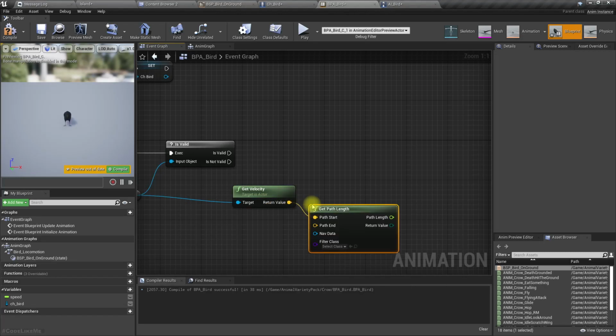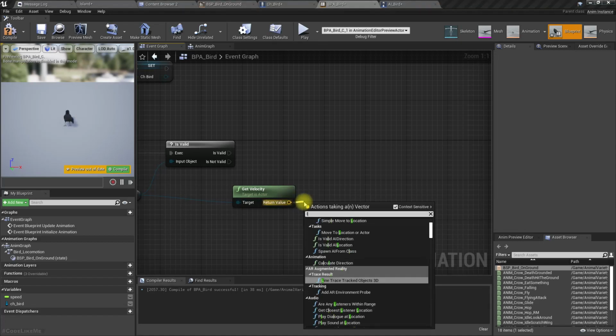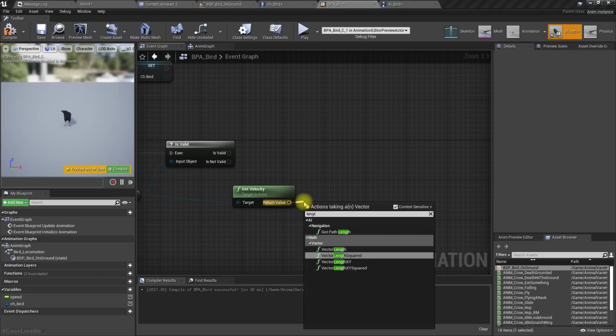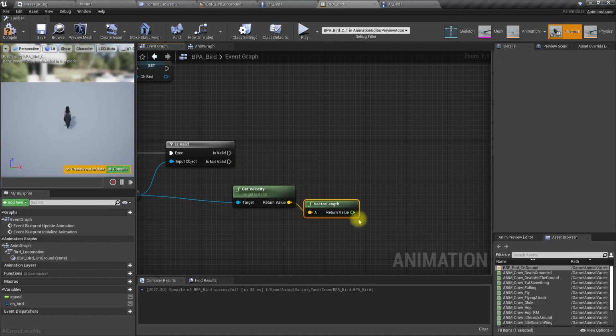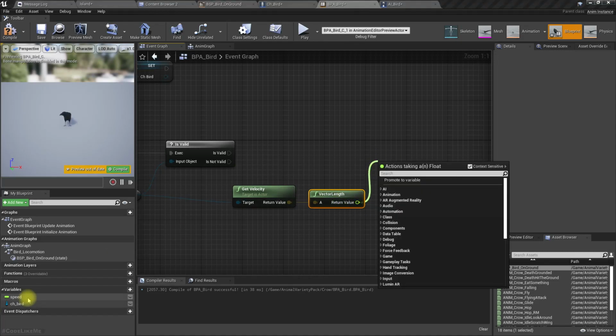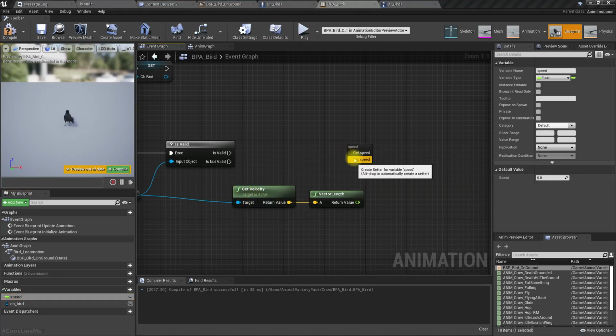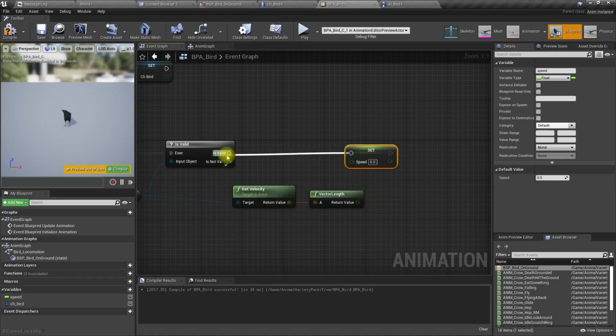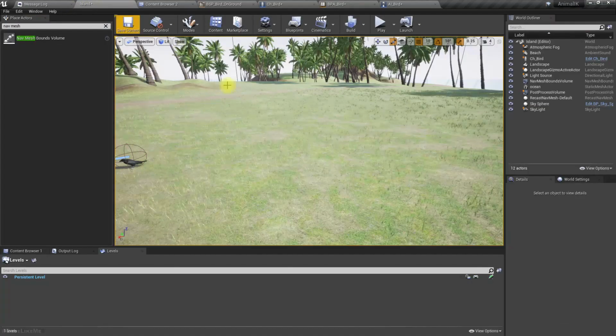Oh wait, vector length, yeah. So this is the value of the speed, not velocity, because this is magnitude, not a vector. I'll set it like this.